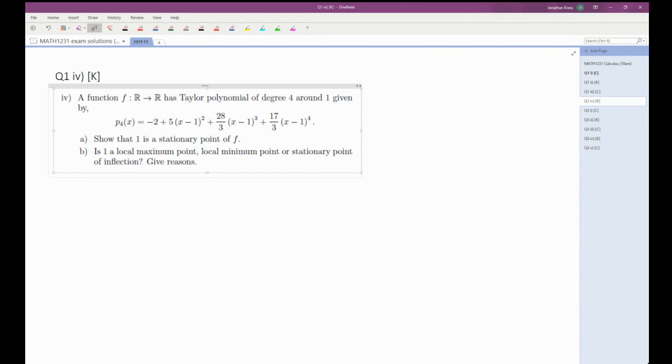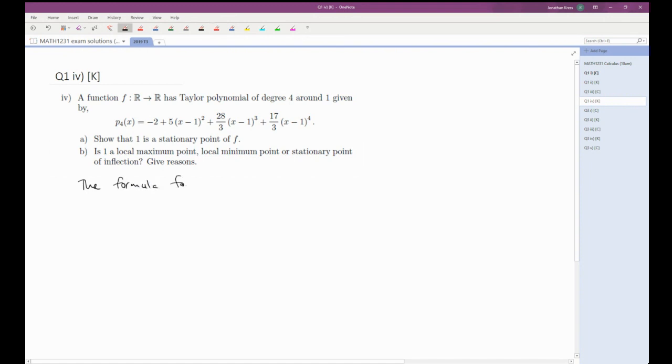Maybe I might just write down the formula for the Taylor polynomial, although you wouldn't need to do this in the exam if you know what you're doing. So maybe I'll just write that down. The formula for P4 of x is,